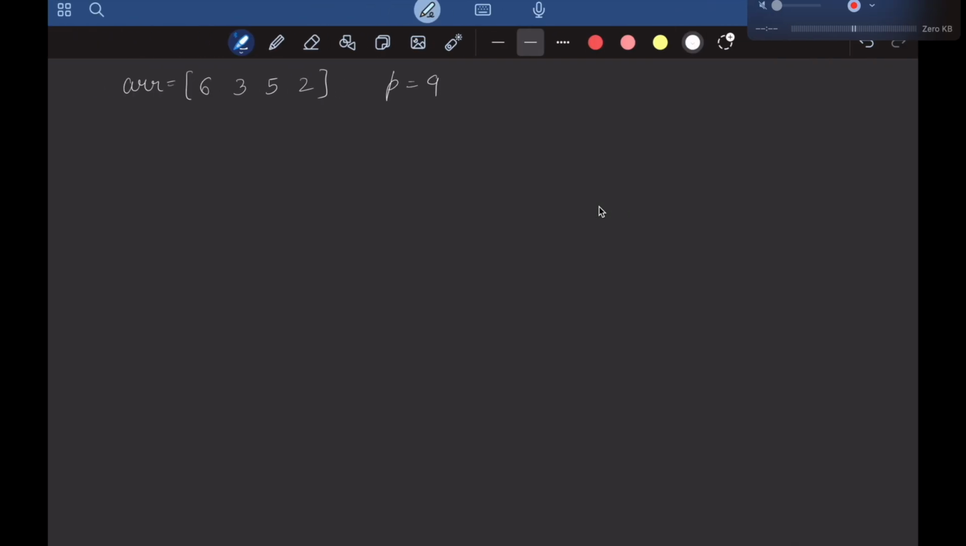So what they are saying is, you are given this array 6, 3, 5 and 2 and a number p that is 9. You need to check whether the sum of this array's elements is divisible by p. If it is not, then you need to remove the minimum subarray. That means minimum length subarray has to be removed such that the sum of the remaining elements of this array